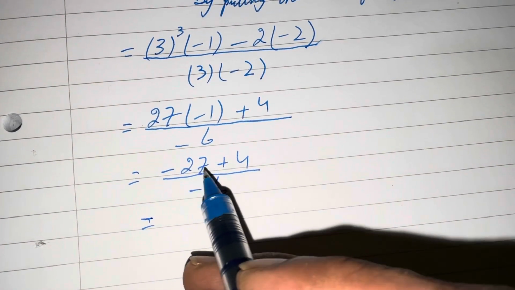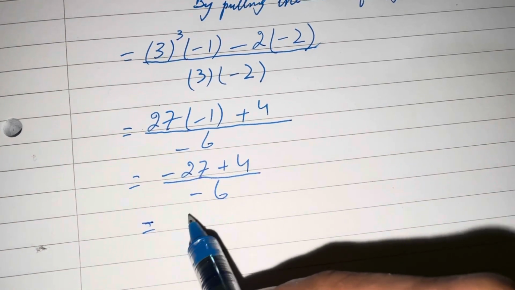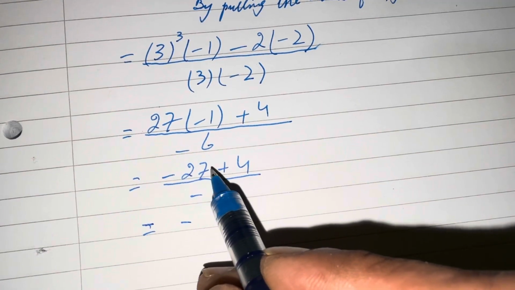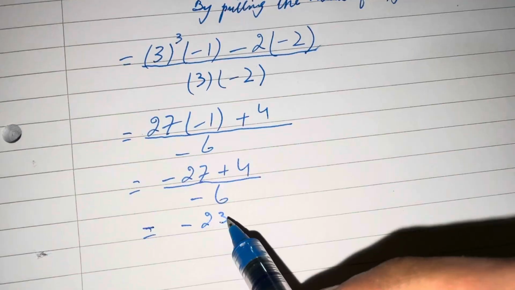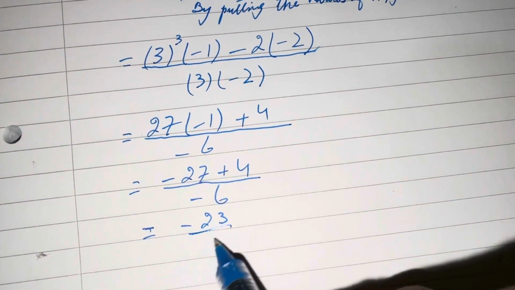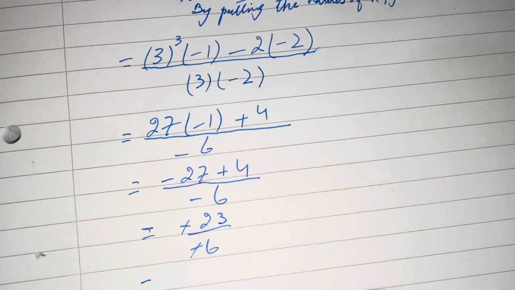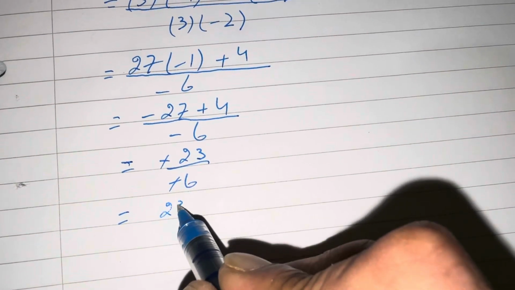So -27 plus 4 will be equals to -27 में से 4 माइनस कर दें तो 23 आ जाएगा, divided by -6. ये माइनस माइनस से कैंसिल हो जाएगा और then the answer will be 23 divided by